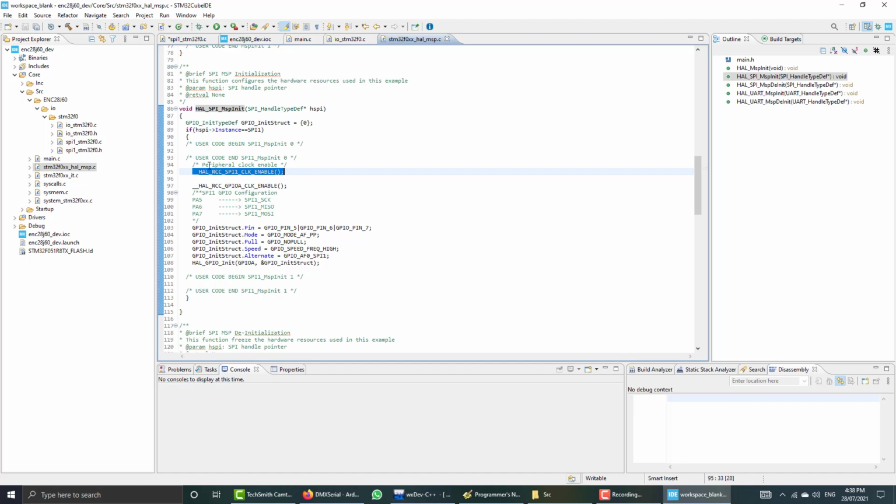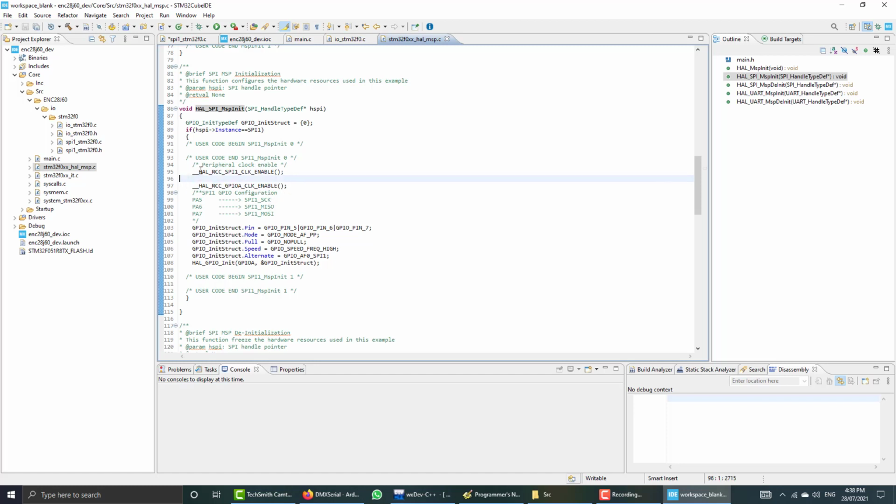We are going to use SPI1, and the signal pins of SPI1, the SCK pin, the MISO pin and the MOSI pin, are available in port A, GPIOA. So we also need to enable port A. We have to enable two peripherals: first the SPI itself, and second the GPIO associated with SPI1. These two things are happening here.